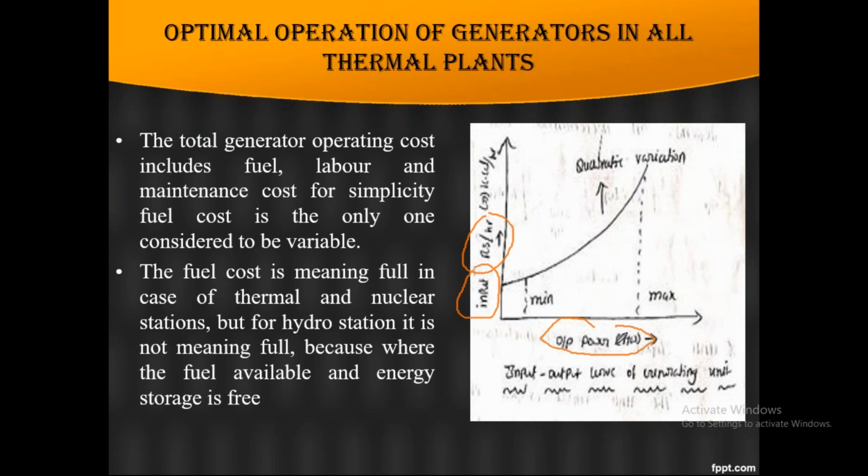Why? Because the amount of power is directly proportional to the cost we are putting into the power plant. To generate more power, we have to spend more money. So based on this graph, our electrical engineers should decide what rate of cost they have to sell at. Based on that, they will get a profit, otherwise they will get a loss. So this is the way of optimal operation in thermal units.